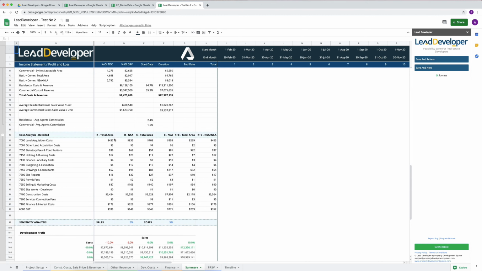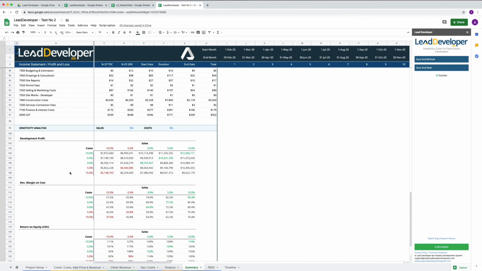So in here we've got cost analysis detail. We've got our land acquisition cost. All of this is about residential, total area, net saleable area, total area for commercial, commercial net leasable area. So residential plus commercial, whatever the total area is, whatever it is costing you, a dollar per square meter or square feet, whatever unit of measurement that you have used in terms of cost. And then this is your residential, commercial, net leasable area and net saleable area all together. So that's where this is at, and this is all our